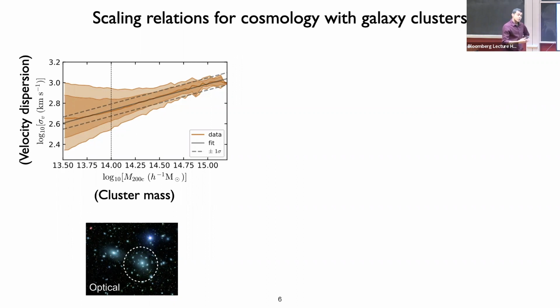And this is important because we have predictions for a particular cosmology, how much abundance of clusters of a particular mass there should be. And so if we can measure masses of observed clusters accurately, then we can predict cosmological parameters. So this is one simple relation that is used in galaxy surveys.